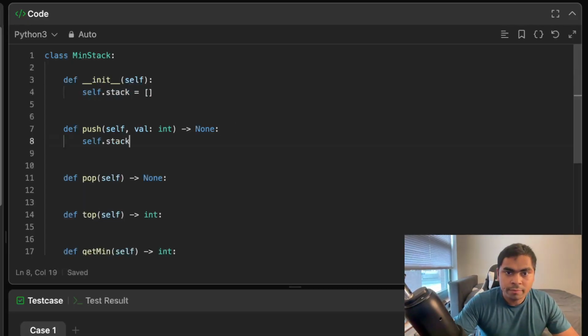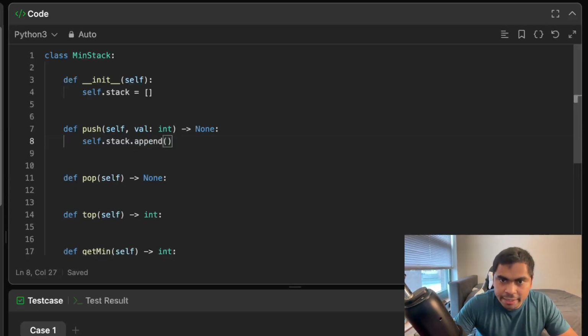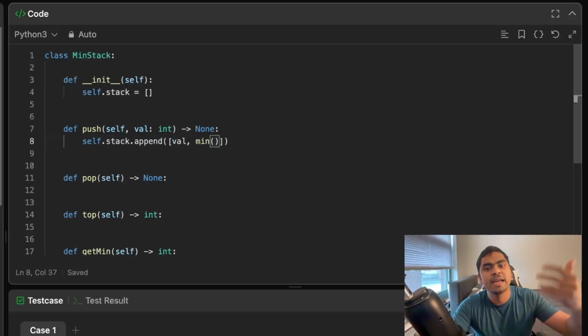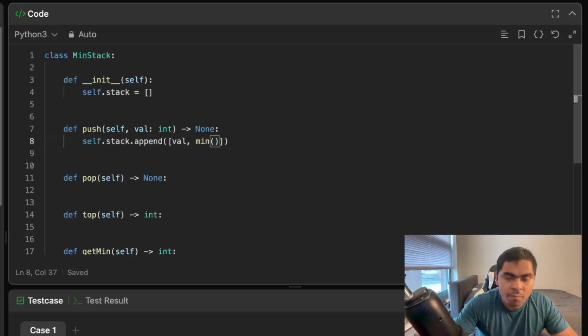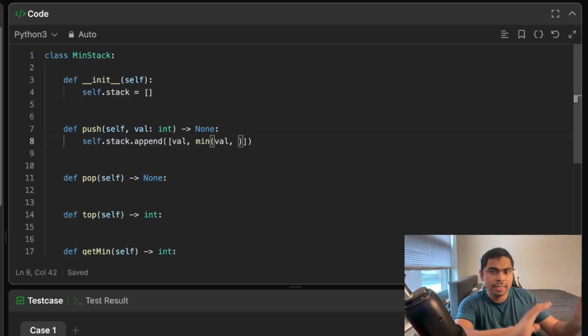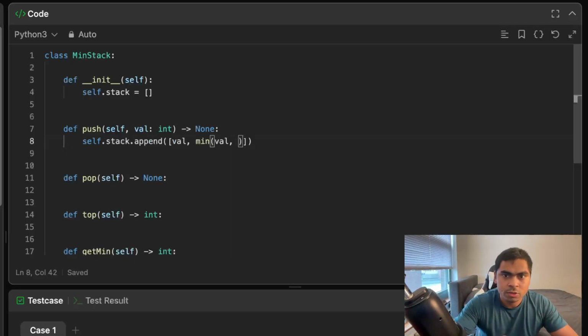How do we push values into self.stack? self.stack.append. What are we appending? A tuple. First thing first, the value. Next thing will be the minimum for accessing the min stack. Minimum of what? Minimum of the current value, or let's check the top of the stack. So stack[-1], its second value